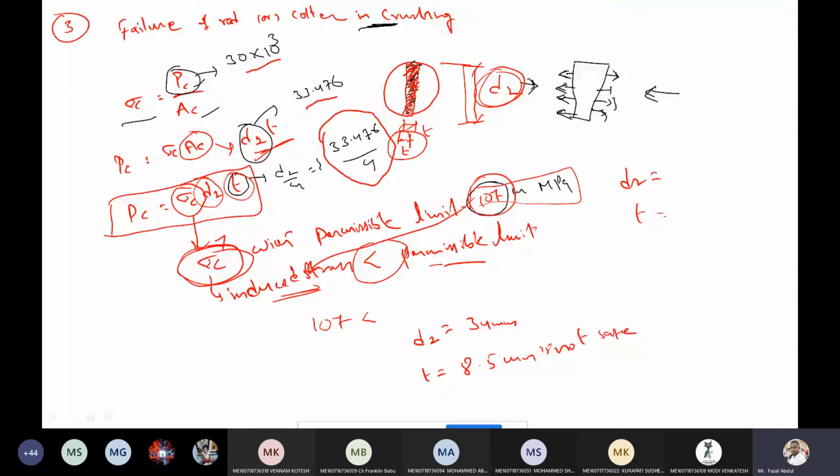Okay, because initially whatever we calculated, this D2 and T value is not a safe condition for the sigma C value given in the question, 90. So for that reason we substitute the permissible limit here. It means whatever values we get with the help of the permissible limit value, these are safe conditions. Now